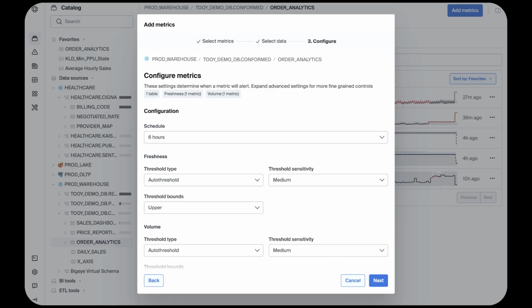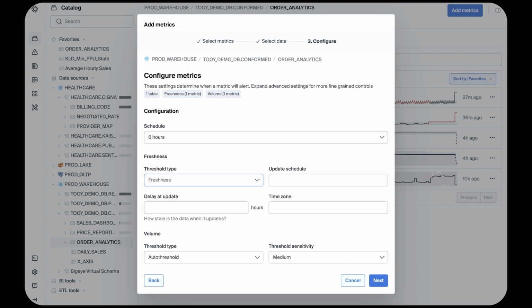Let's explore the options available to us when we select the threshold type freshness. First, I'm able to define an update schedule. These can be defined using cron formatting, which uses 5 fields to represent minute, hour, day of month, month of year, and day of week.